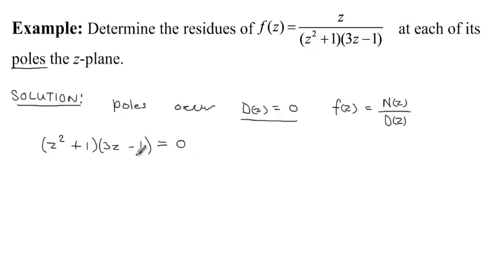In this case, this would mean that 3z minus 1 is equal to 0, whereby we get that z is equal to 1 over 3, dividing both sides by 3. And on the other hand, we've got z squared plus 1